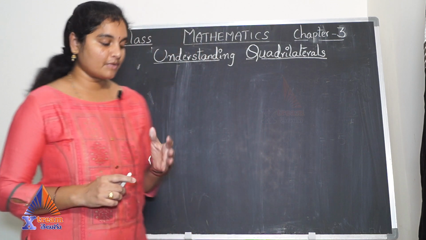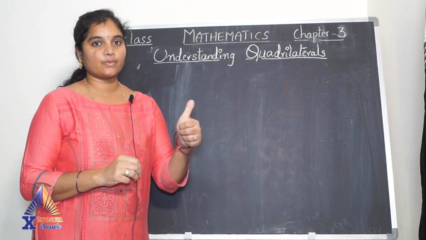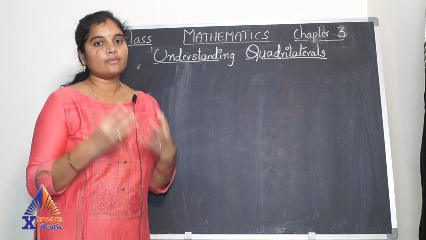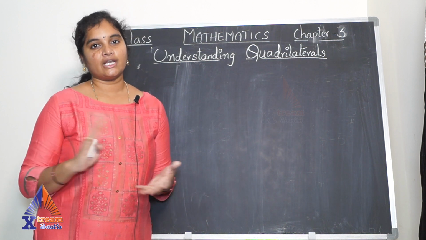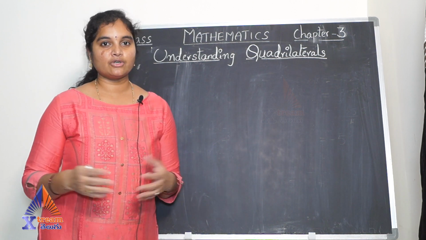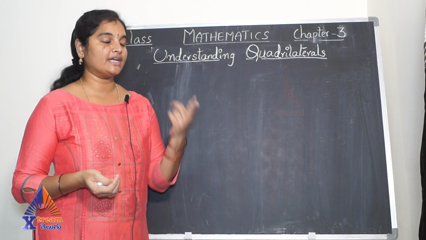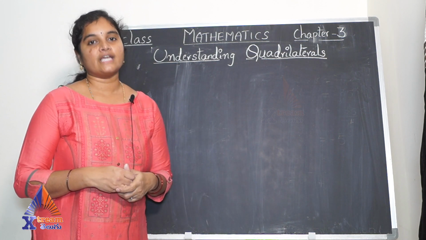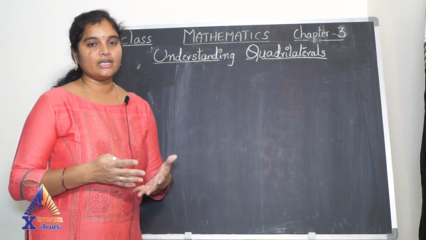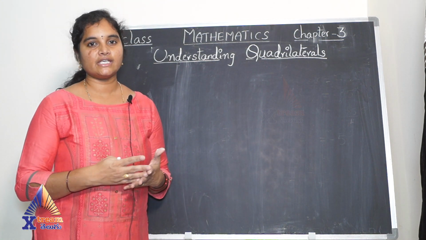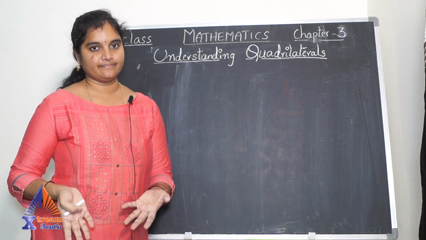When we hear about quadrilaterals, what's the first picture that comes into our brain? Either a square or a rectangle, because these two are the very familiar quadrilaterals which we've been learning from since our childhood. From grade 1 or PP2 onwards, when we learn about different shapes, the main basic shapes we learn are circle, triangle, square and rectangle. So when we imagine a four-sided polygon, we definitely imagine either a square or a rectangle.